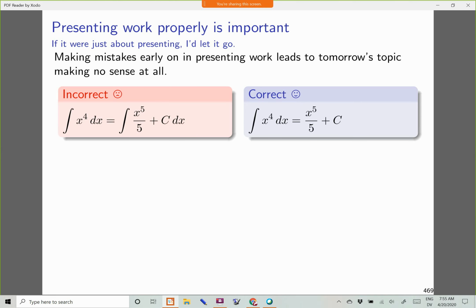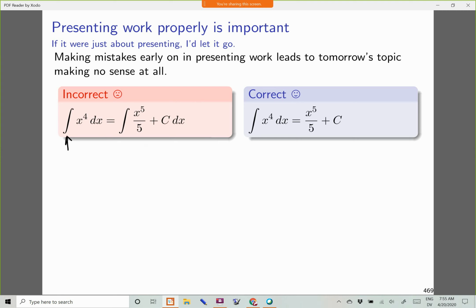So here in red, you're seeing something that's incorrect, even if morally there's a lot of the right idea there. If the question was presented here before the equal sign, integral of x to the 4th dx, or that is, antiderivative of x to the 4th dx, somebody's got the right idea when they end up writing x to the 5th over 5 plus c to say that's my antiderivative, right? What would you have to differentiate in order to get x to the 4th? It's what's circled there, x to the 5th over 5 plus c. But then the question is, what is this integral sign and dx still doing? So that's the problem.